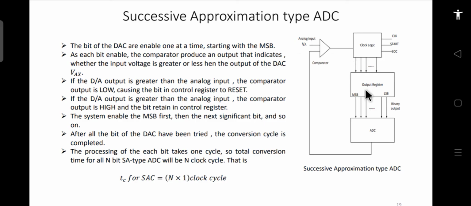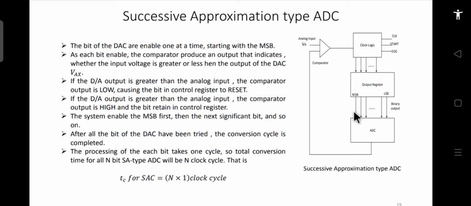This circuit is not an ADC, it is a DAC, it is written by mistake; overall this is an ADC, sorry. So the bits of the DAC are enabled one at a time with the help of these registers, starting with the MSB. The MSB is enabled first.